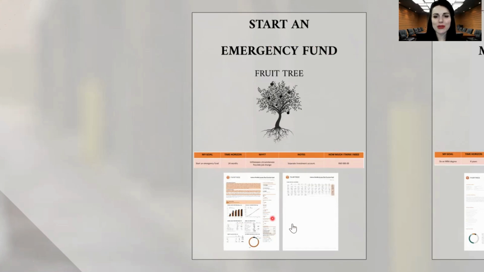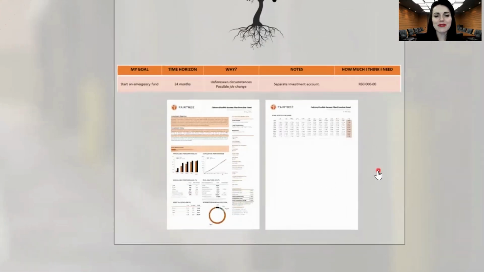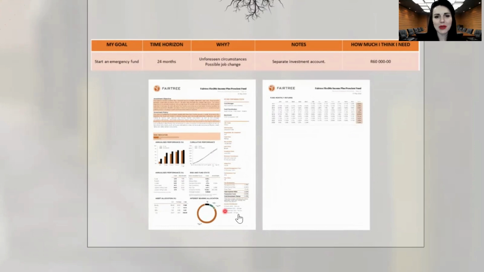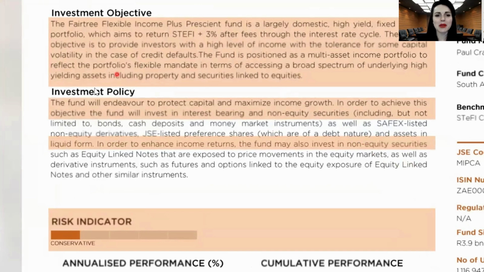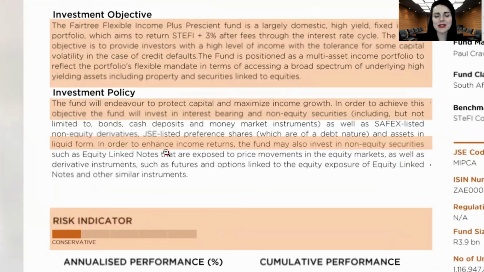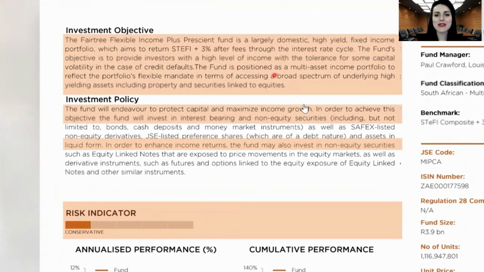We're going to use a unit trust for this objective, and let's see what we have available at Fairtree. You will see this will be our flexible income fund, and Kihara has taken you through the minimum disclosure documents and taught you how to read them. So let's quickly look at some of these components and see how we can match them to our specific goal. Being an emergency fund, we would need something over the short term